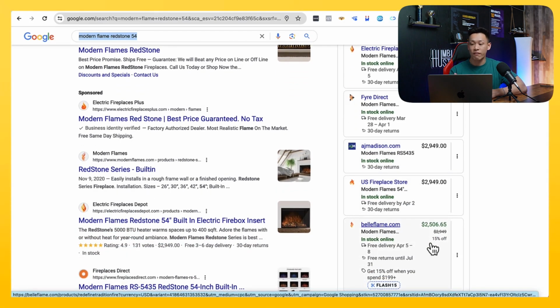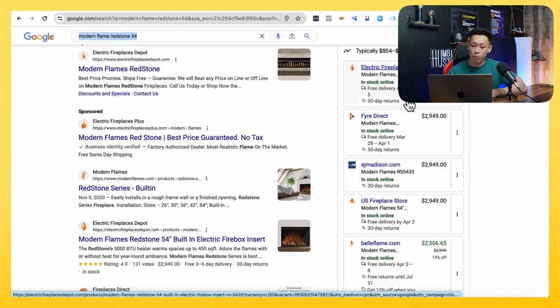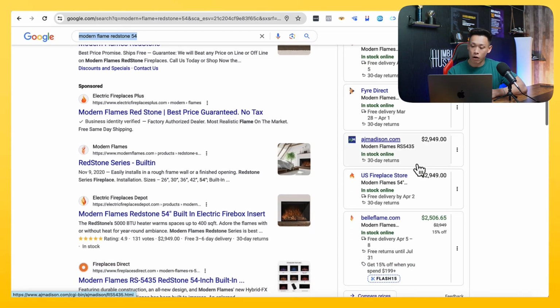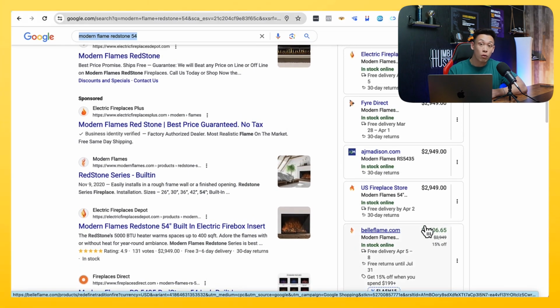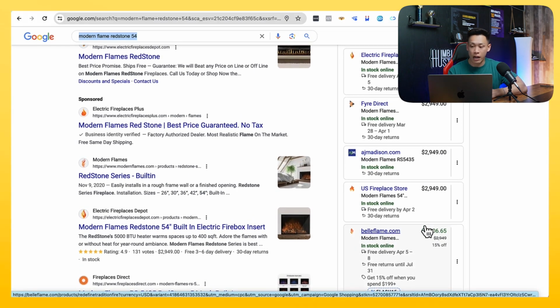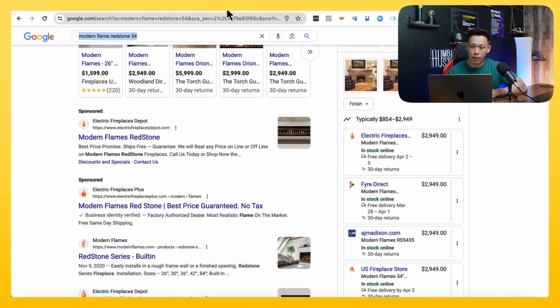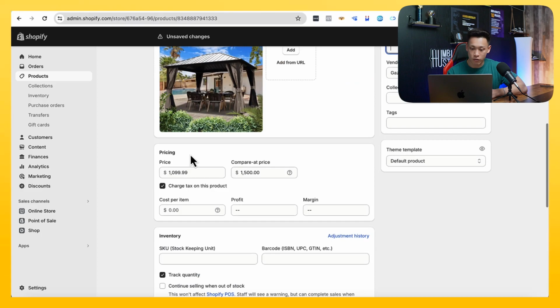So in this case, if I was one of these fireplace e-commerce stores, I would go ahead and report them to my supplier, but I will also check to see if there are any promotions, because they might be the ones that are just on top of their catalog and they're the ones that are pushing in the promotions. So this is an example of MAP policy, and we're just gonna go back into pricing over here because